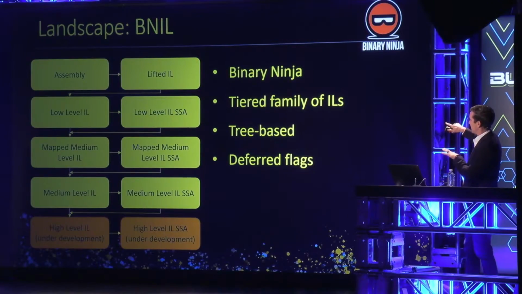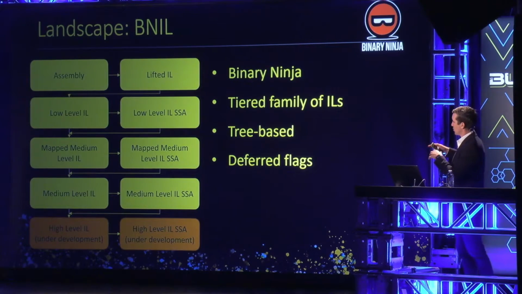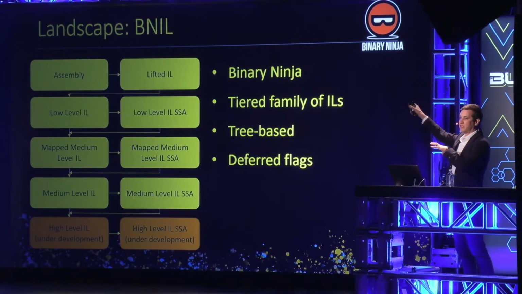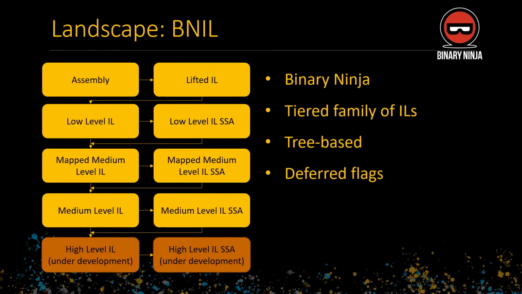So first, this is a tiered family of ILs. You've got assembly that's going to go to lifted IL, and that translation layer is done by an architecture plugin. When you implement a plugin on top of it, you'll just write that layer, and then all the other ones are internal transformations. So a little bit the way that IDA has their microcode maturity levels, except these are actually explicitly different ILs with different opcodes in some cases and different functions. And I think that's one of the things that Ghidra and P code don't get you, that sort of where do you want to look and do your analysis. IDA's maturity levels have that a little bit, which is nice, and